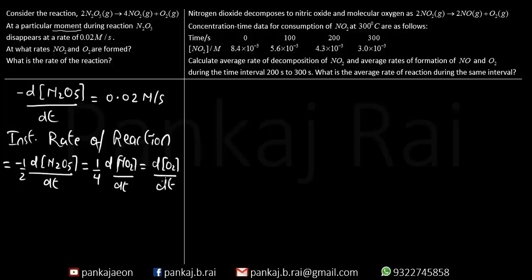So this equation gives you the relation between the rates of the different reactants and products. What they have given us is that this rate is 0.02. Now if you substitute 0.02 over here,